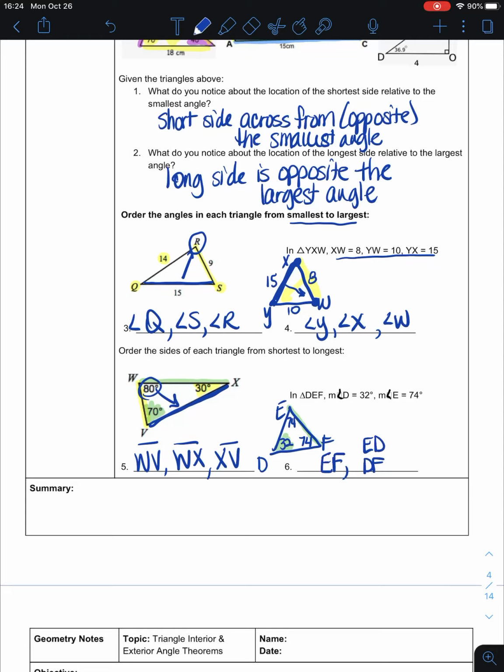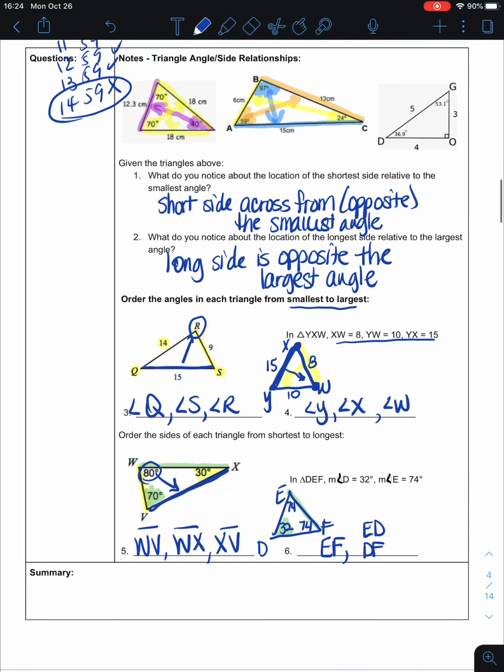It has two side lengths that are the same. It makes sense, if the two angles are the same, then the sides that are across from them would have to be the same length also. So now what we know from that is that the short side is across from the small angle and the long side is across from the largest angle. You can imagine that you have that angle opened up. So you're going to have, from end to end, you're going